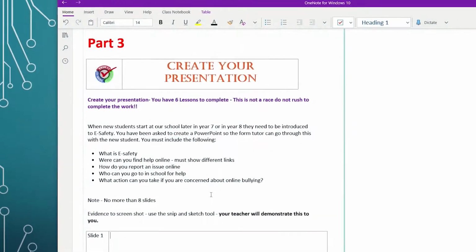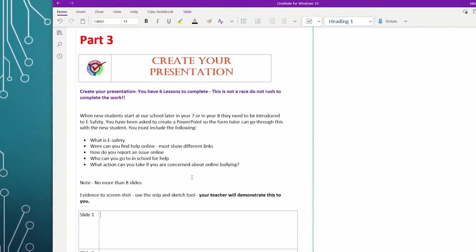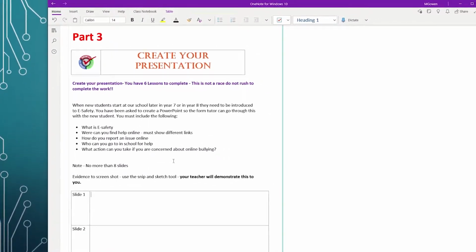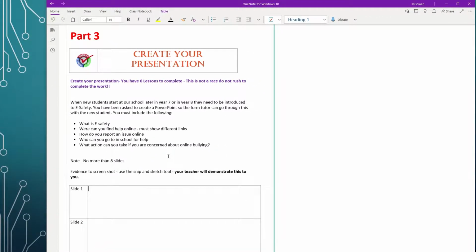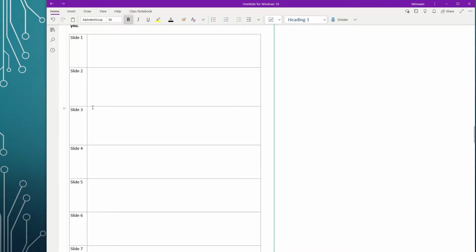So your workbook contains parts 1 and 2, which are designed to lead you into better presentations, but it's part 3 and part 4 that are critical for your assessment. So the first thing we need you to do is to make sure that you have completed part 3 of the workbook. Read the instructions carefully again,